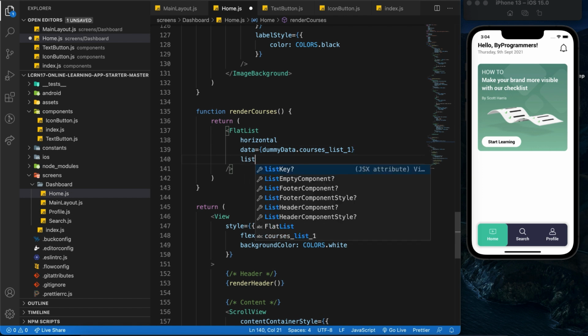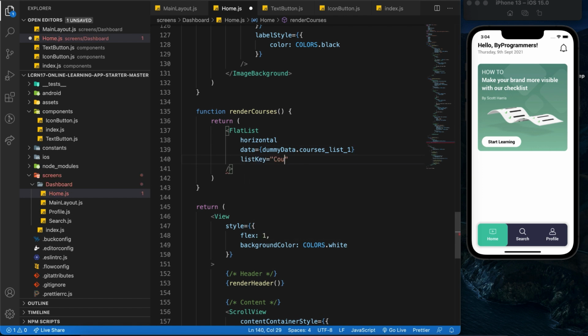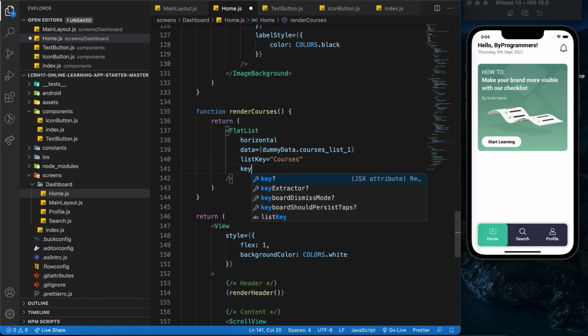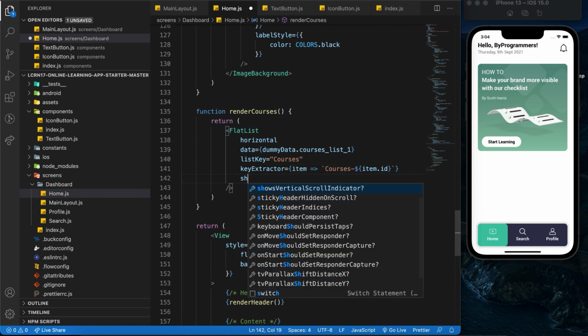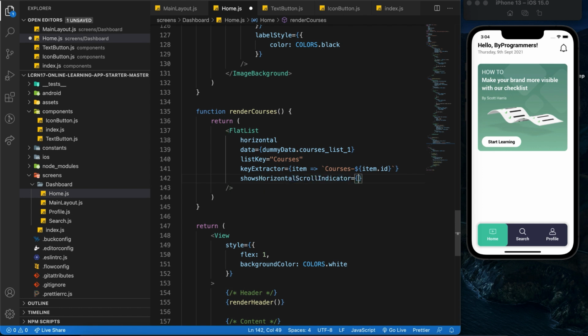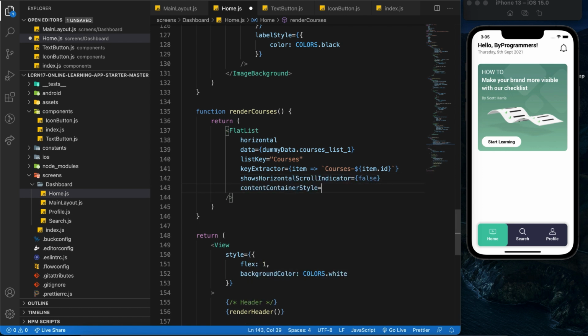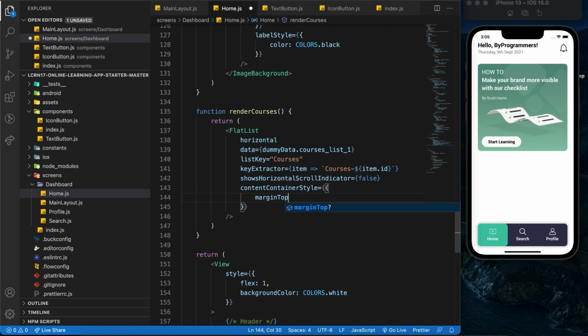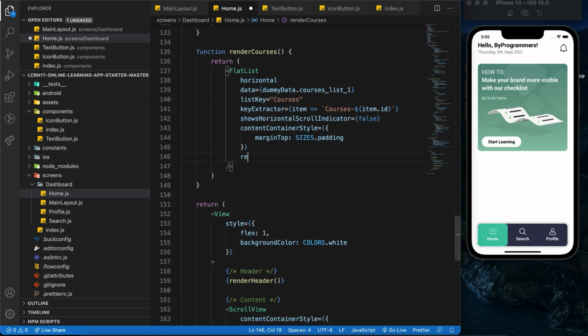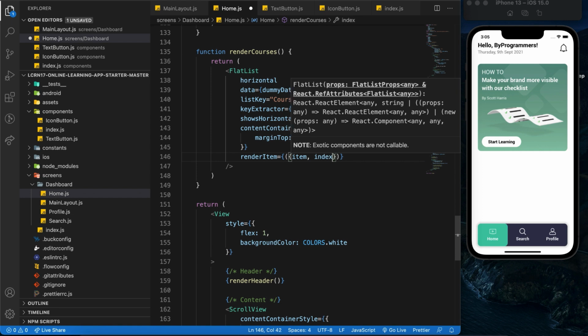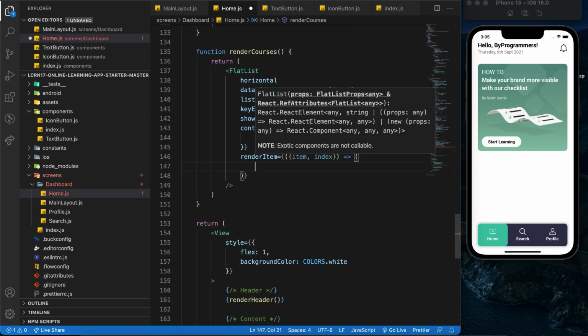We need to supply the list key as well. It's going to be courses key extractor. Over here we have item followed by arrow function, and it's going to be courses dash item.id, and the show horizontal scroll indicator should be equals to false. The content container style is going to be margin top sizes.padding. And next we need to work on the render item prop. So render item, over here we have item index followed by the arrow function, and we are going to return